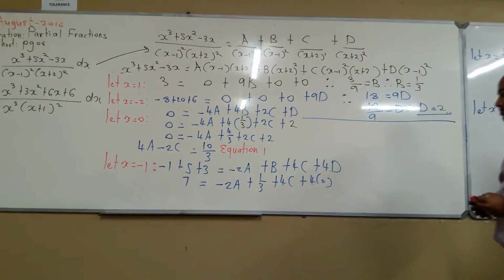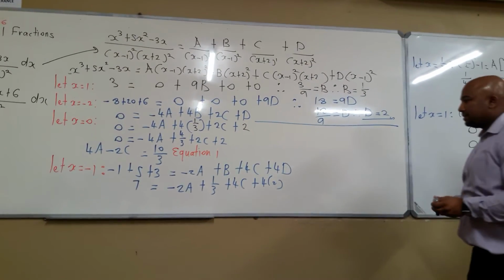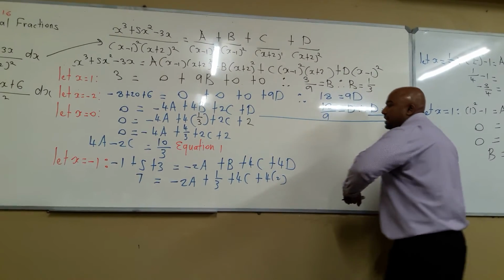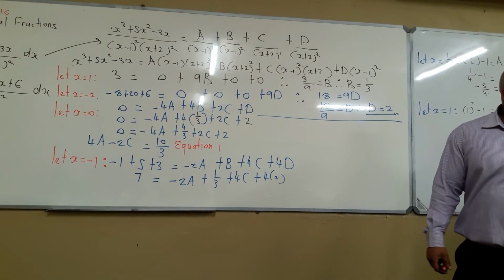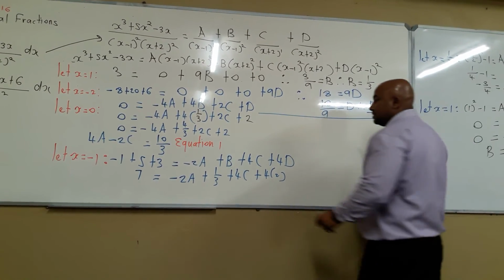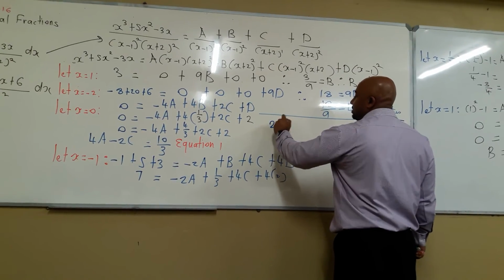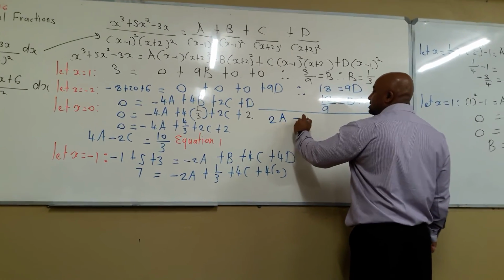Alright, so now, let's see what happens here. Let me take my unknowns on the left again. So that will be a positive 2a minus